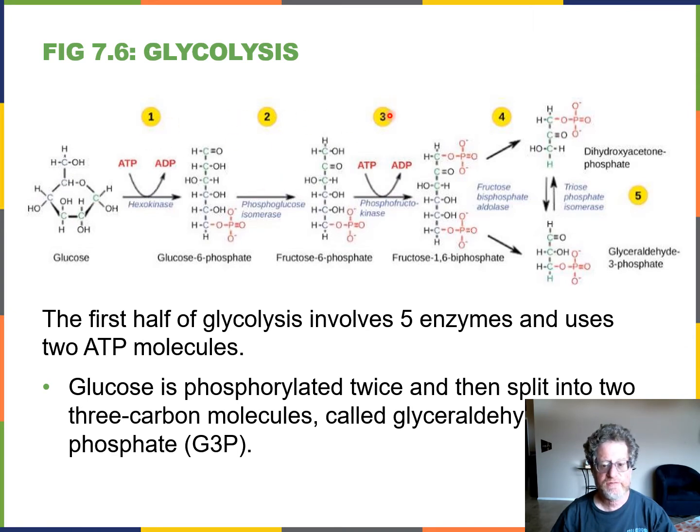So here are the first 5 reactions of glycolysis. It's a metabolic pathway, so think about it this way. Glucose is broken by the enzyme hexokinase into glucose 6-phosphate. In this first reaction, glucose is the substrate, hexokinase is the enzyme, glucose 6-phosphate is the product. The product of the first reaction becomes the substrate for the second enzyme. So in the second reaction, glucose 6-phosphate is the substrate, phosphoglucose isomerase is the enzyme, and fructose 6-phosphate is the